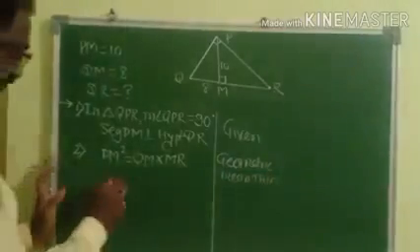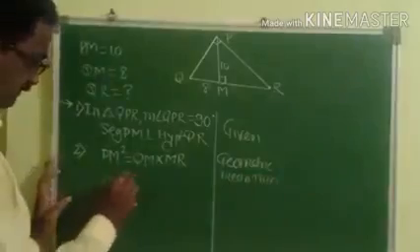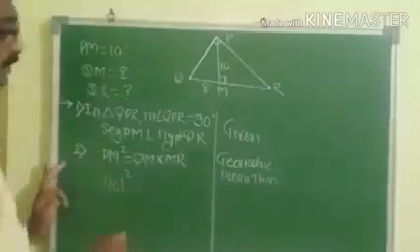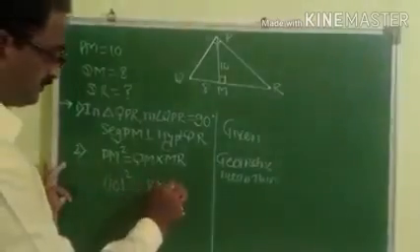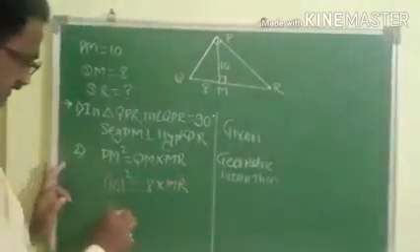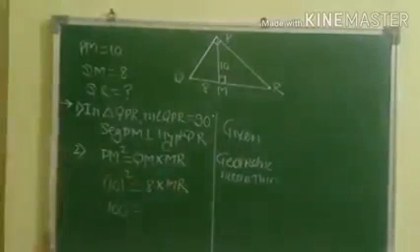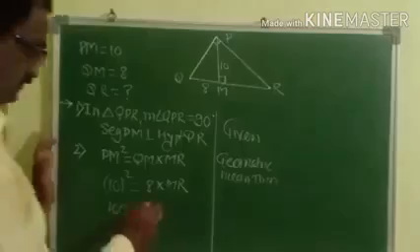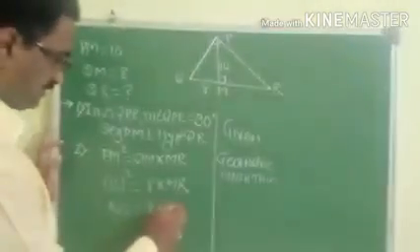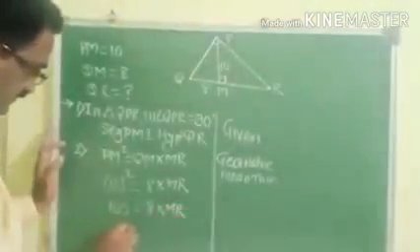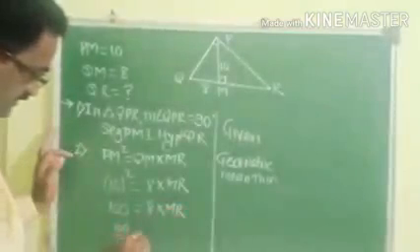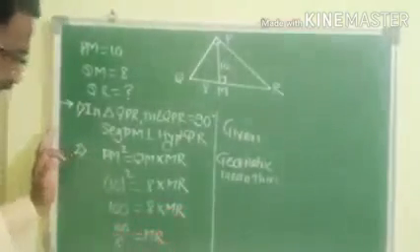PM is 10, so 10 square, equals QM is 8 into MR. 10 square is 100. Transfer that 8 to the left hand side, so divided by 8, MR is equal to